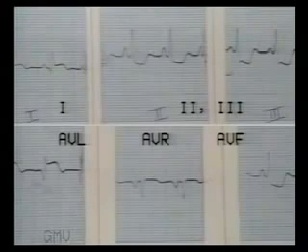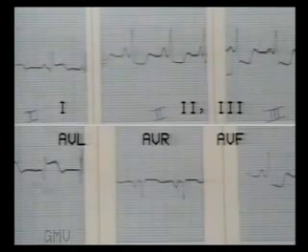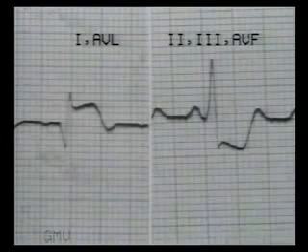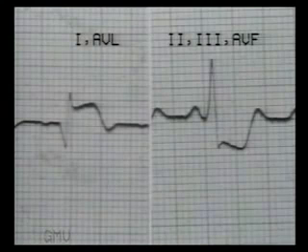In this ECG, leads 1 and AVL show ST segment elevation. The T waves are slightly inverted. So this is a 2 to 3 day old anterior wall infarct. The leads 2, 3 and AVF show marked ST segment depression, suggesting an extensive infarct. More the depressions and elevations, more extensive is the infarct. Note in close-up view, ST elevation with Q wave in anterior leads and reciprocal ST depression in inferior wall leads.